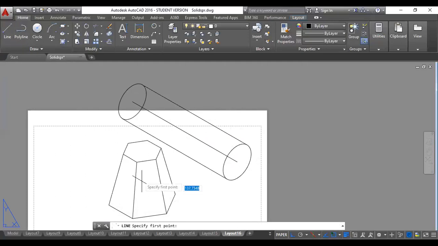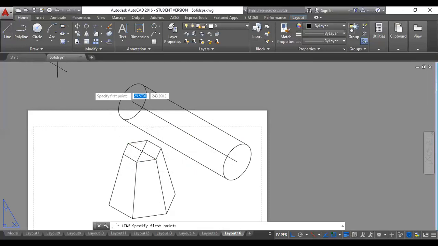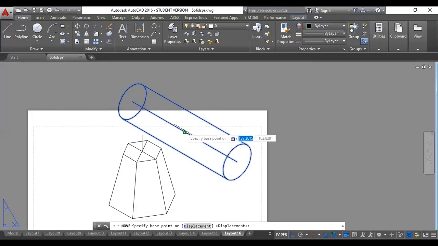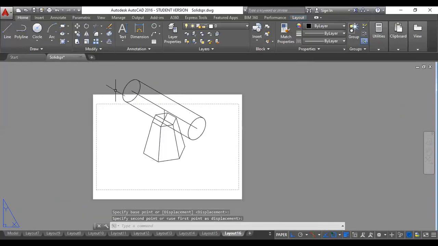So for this, I need to mark what? Radius of the cylinder. So for that, I have to locate the center of the hexagon. Okay, this is the center. Then line command. So total diameter is 40, so radius would be 20. Okay, so this axis at its midpoint is resting on top of this. Okay, so I'll select this complete cylinder now and I'm going to use the move command. Move from the midpoint of this line, it is going to rest on top of this. See, so that becomes the combination of two solids, right?